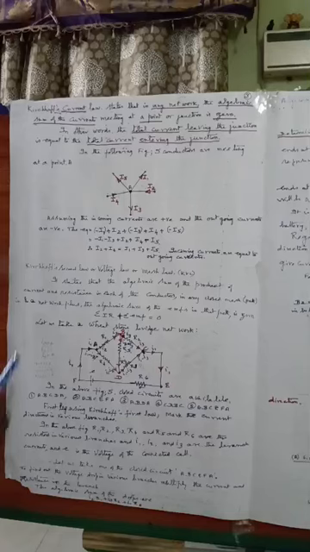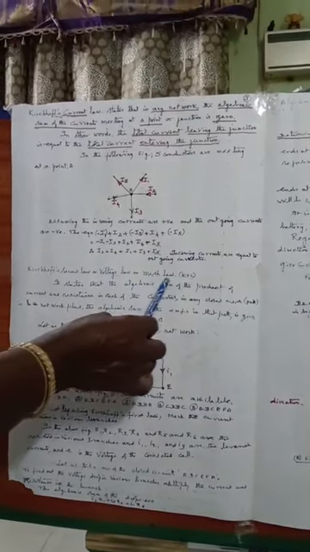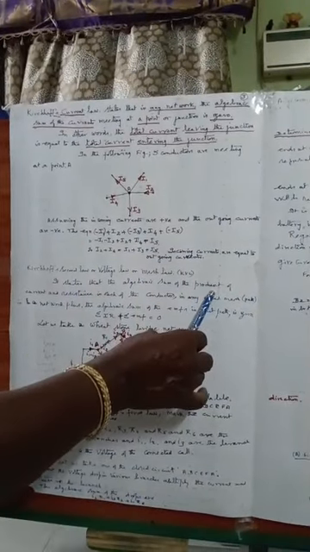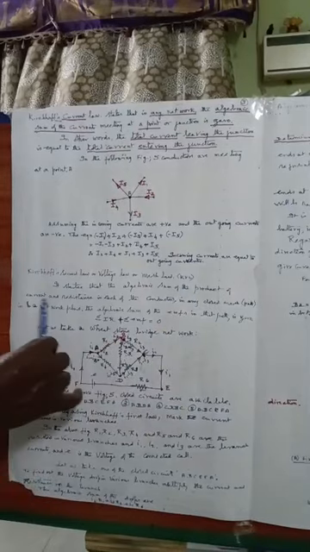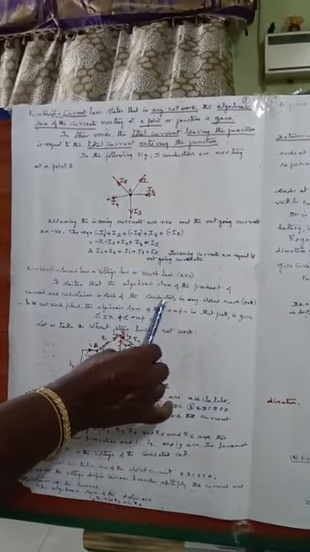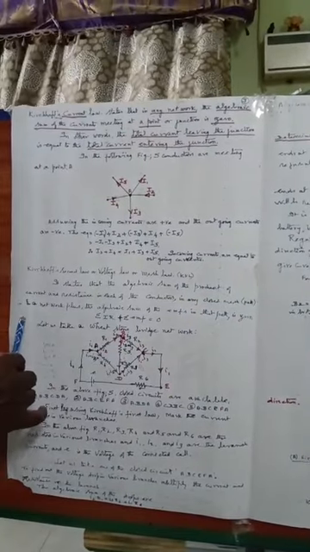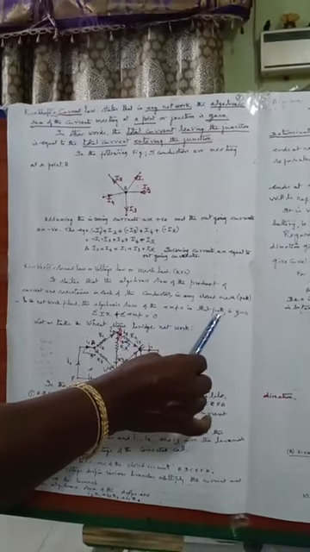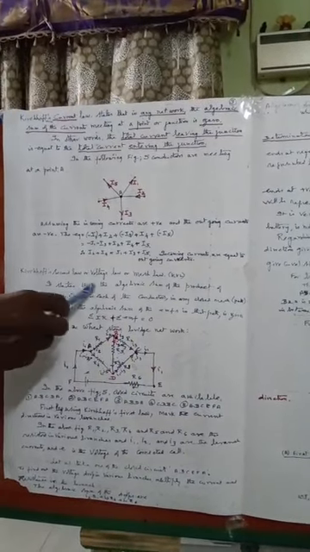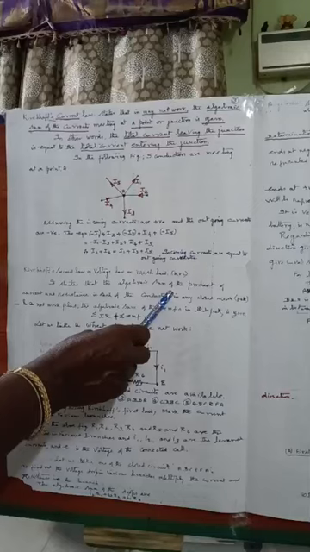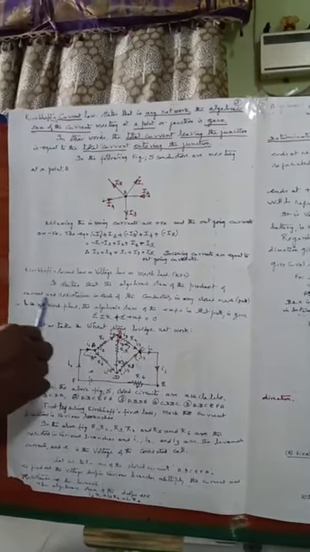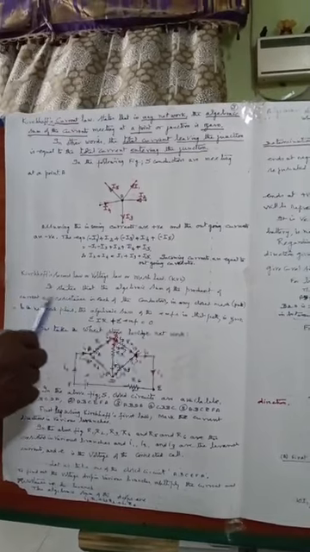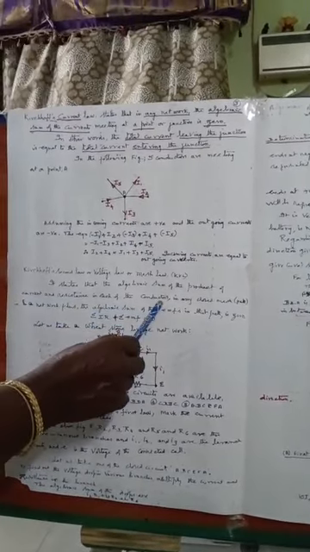Now let us go to the second law. Kirchhoff's second law, or the mesh law, states that the algebraic sum of the potential drops, that is the product of the current and resistance in each of the conductors in any closed circuit in a network, plus the algebraic sum of the EMFs in that particular path is equal to 0. Once again, it states that the algebraic sum of the product of current and resistance, IR, which is more or less the voltage, in each of the conductors,